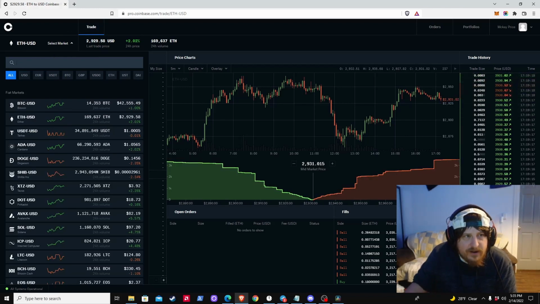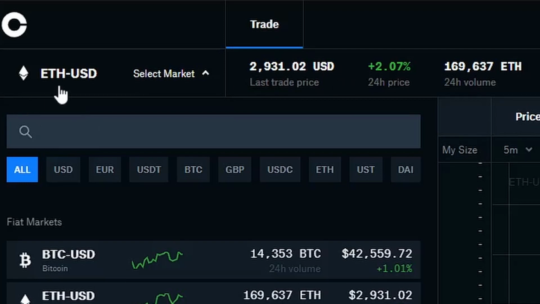Now, up here in the middle, I'm on the Ethereum USD pairing, so it's showing me that the last trade price is 29.3102, and it keeps updating every few seconds as people buy and sell it. Of course, the price of the crypto is going up and down, changing in real time. This is the 24-hour price, showing whether it's gone up or down. It's saying in the last 24 hours that Ethereum's up 2.03%, and the 24-hour trading volume, the amount of volume that's come in for this particular coin, which is Ethereum, is